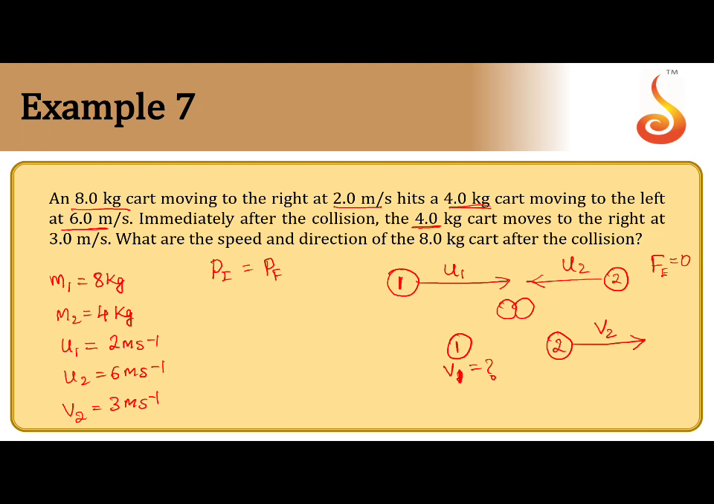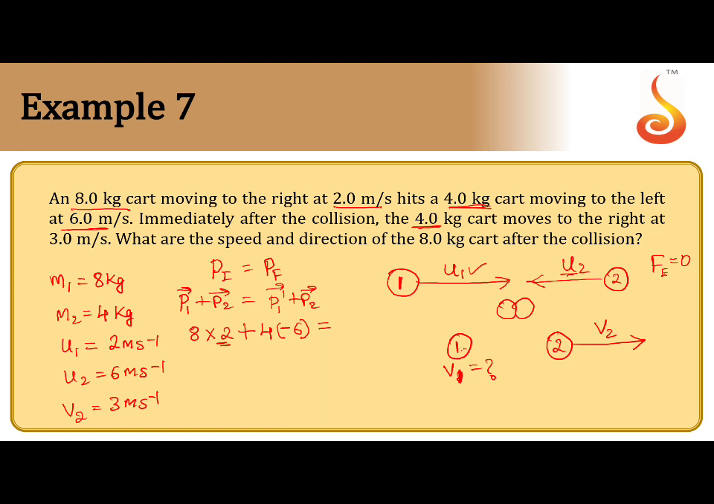For this, in the initial case, P1 vector plus P2 vector should be equal to P1 dash vector plus P2 dash vector. You need to also consider the direction. So if I write here, P1 is M1 into U1, that is 8 into 2, plus M2 is 4. I took this velocity positive here, so this velocity should be taken negative, minus 6, will be equal to, now